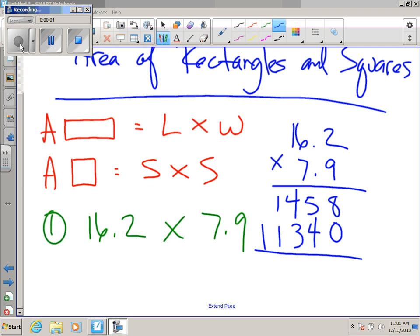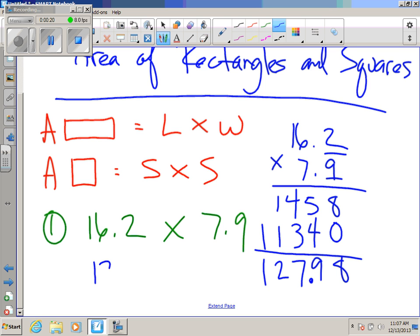16.2 times 7.9. Get them all set up. 8, 9, 7, 2, 1. How many decimal places do I have? 2. So my final answer, 127 and 98 hundredths, and the label for area is going to be...